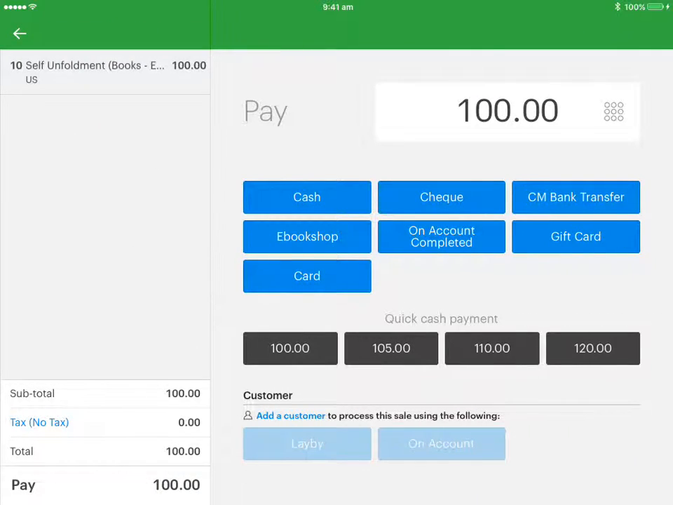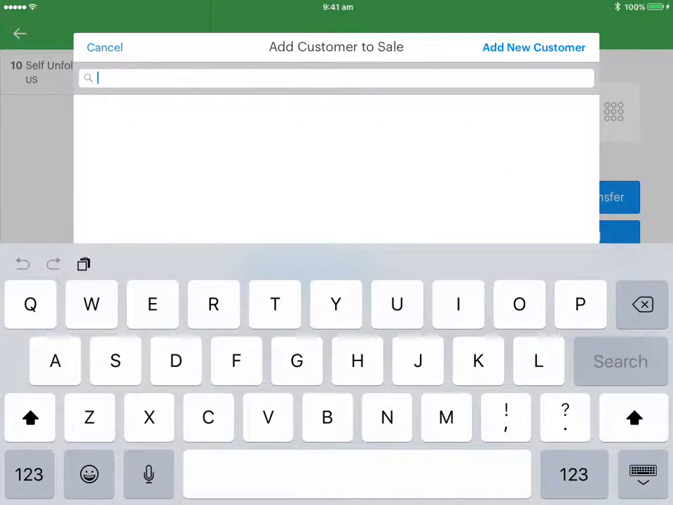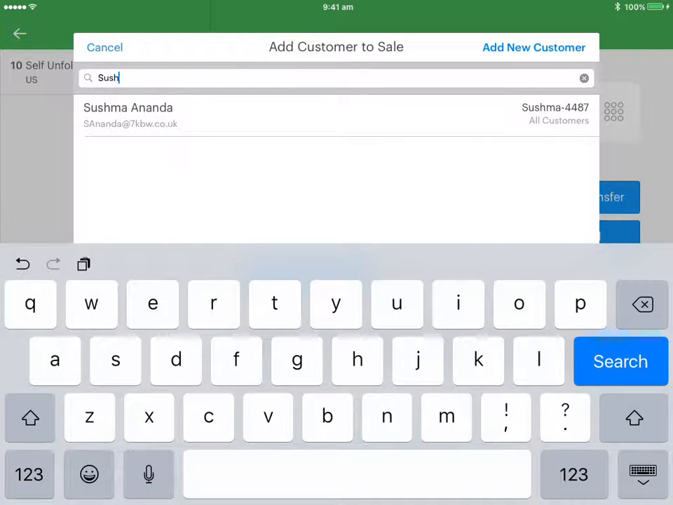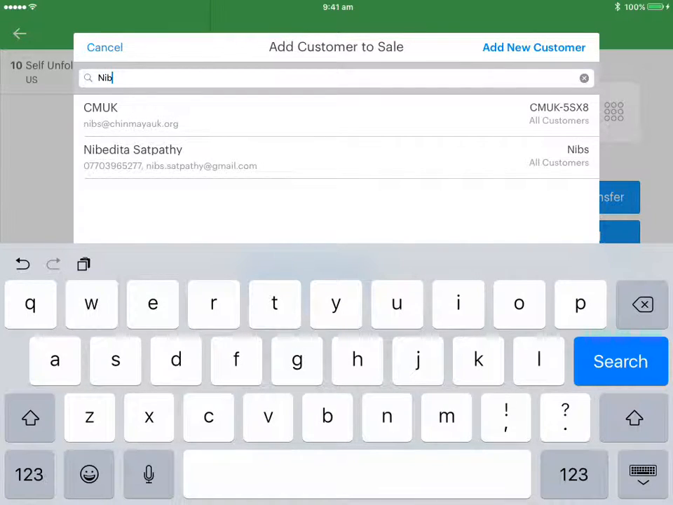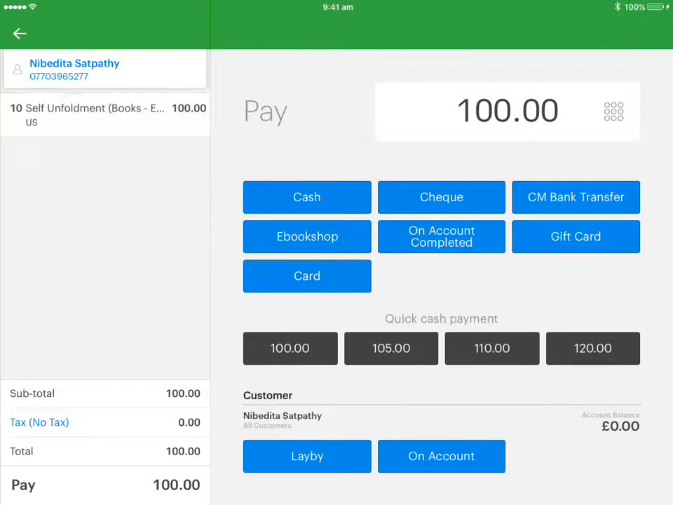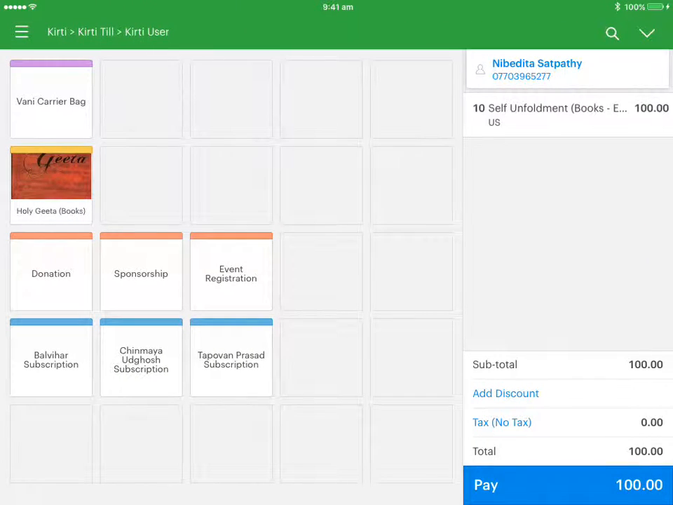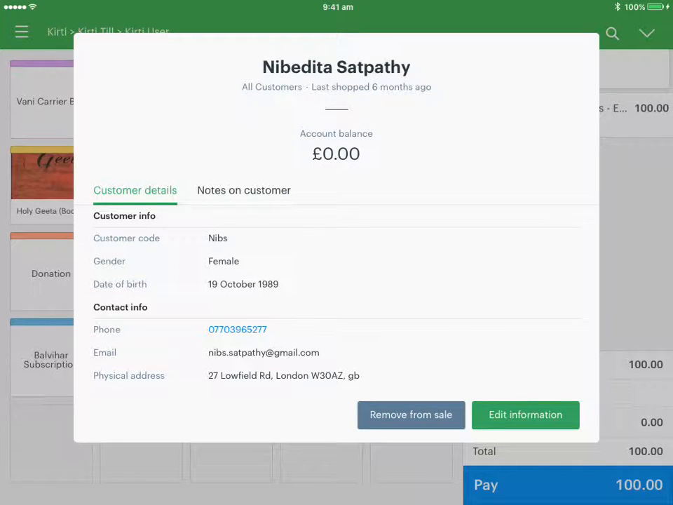and at this point you add a customer. Tap on add a customer at the bottom. If you are someone who would be on the system already, you just search for it. So say, you can see that name comes through. If that's not the case, you can also add a customer. So if we go back and I delete this,